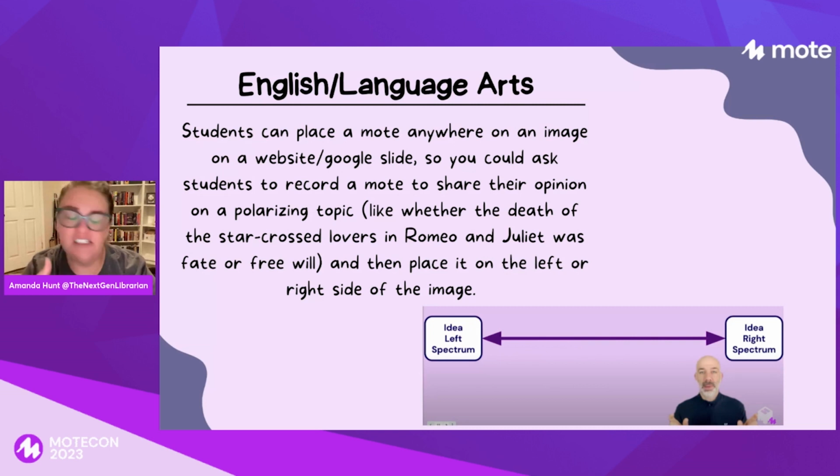They can do predictions and foreshadowing, and they can definitely discuss polarizing topics such as with Romeo and Juliet, what they think would happen. And so Mote allows them to have those discussions as they're reading. Like if they assigned a chapter overnight, they're reading that at home, or they're reading it in a different class than they're in. So being able to have them talk out what they think is happening in the book,